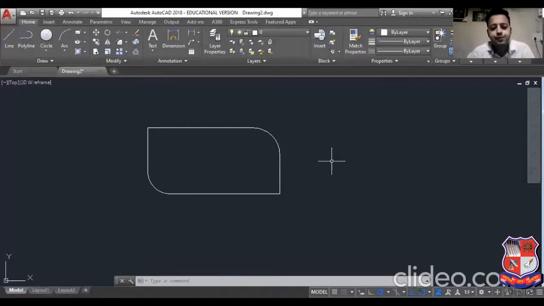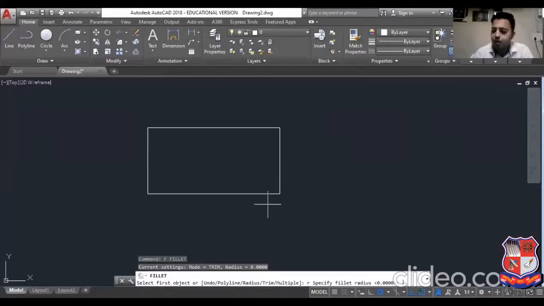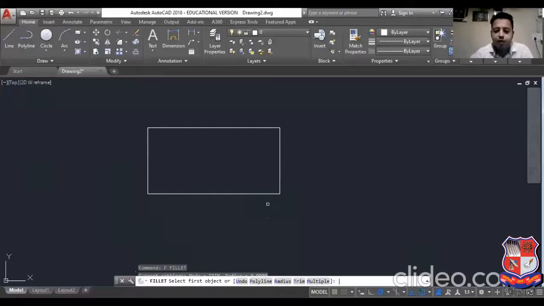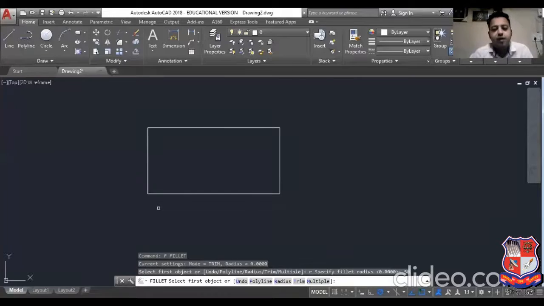Okay. So here we have created fillet. Now Control Z, F enter, R enter. Okay, I will take 50 radius. Now here what happens if I select one line and second line, the fillet is generated and the command is left, right? But in the case, suppose I want to create a multiple trim, so I can do the multiple option over here. Click on multiple. Okay, so now select one, two, say one second, one second.